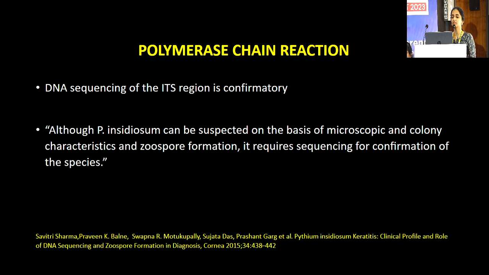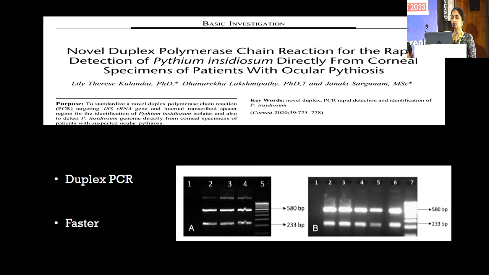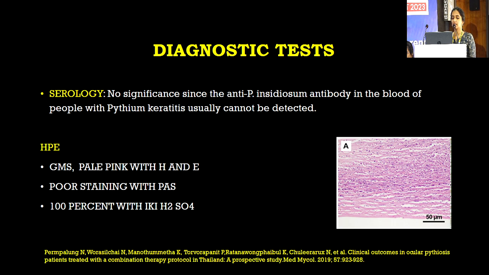The DNA sequencing of the internal transcribed spacer region of its DNA is the only confirmatory test which can diagnose this particular entity. There is also a novel duplex polymerase chain reaction which is much faster, and it can give us results in 5 to 6 hours. Serology has no role. In the histopathology, the Gomori's methenamine silver and the potassium iodide sulfuric acid stain are supposed